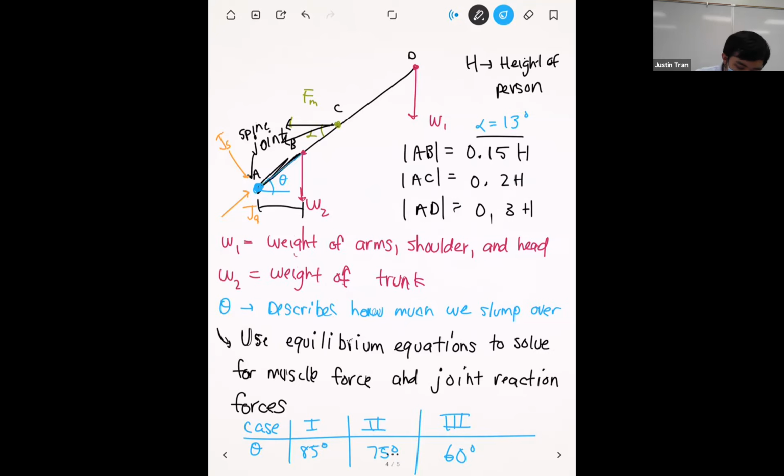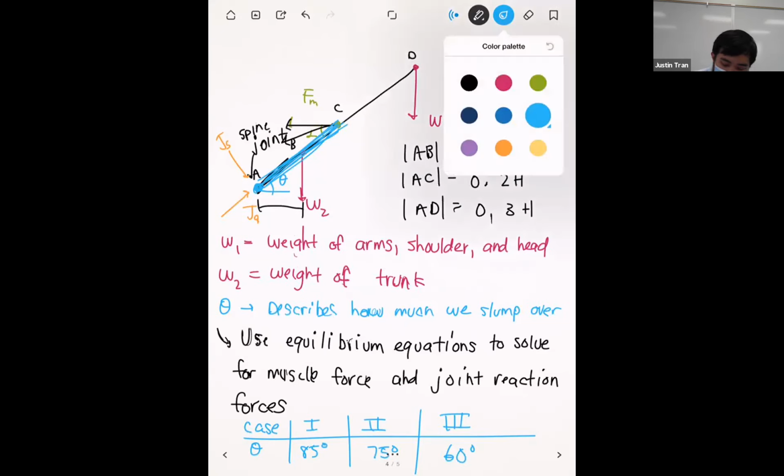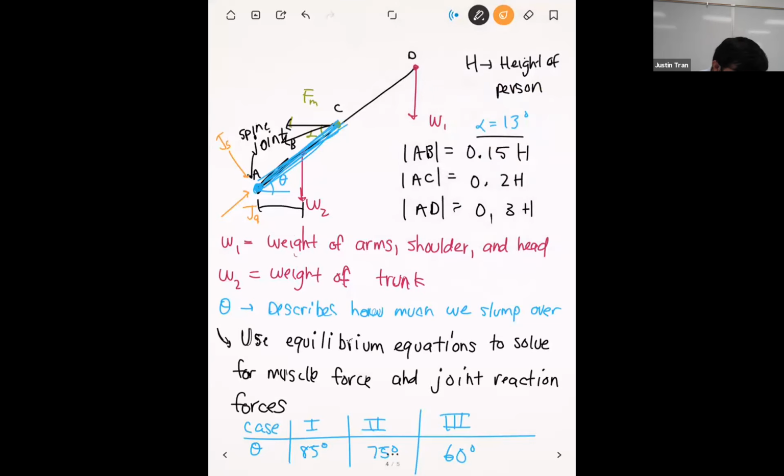Here we have this line that connects the joint with the force. When we're summing moments, we want the component that's perpendicular to this line. In other words, we want the component of F in this direction, because that's going to be the one that actually produces a rotation or a torque around the joint. The way we get that component is Fm sine alpha, because if we did Fm cosine alpha,